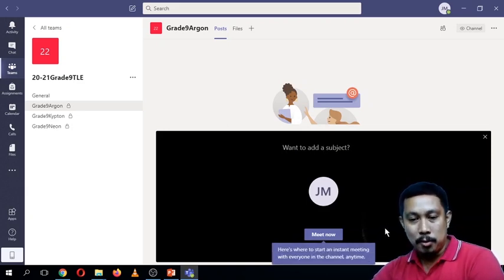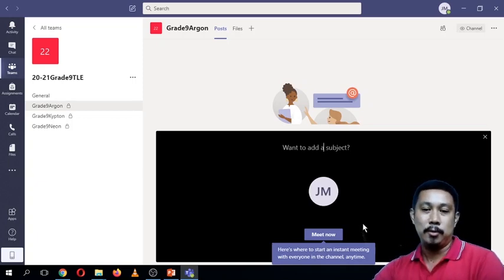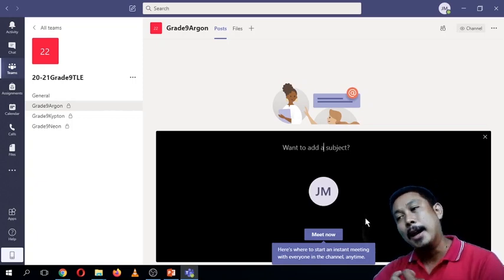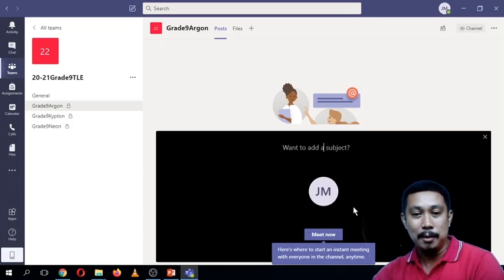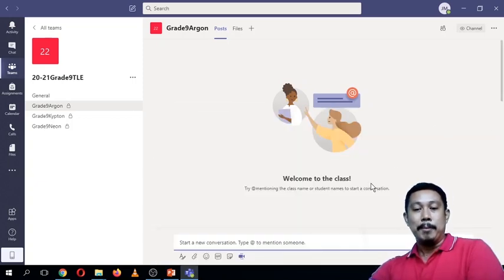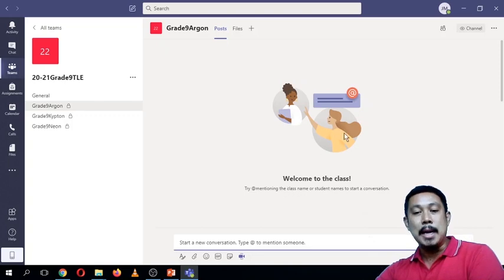Okay? So you can also call or meet the Argon or the first section. Okay, the grade 9 Argon. So sila lang ang makakausap mo using this Meet. Okay? They are the only students that will have an access